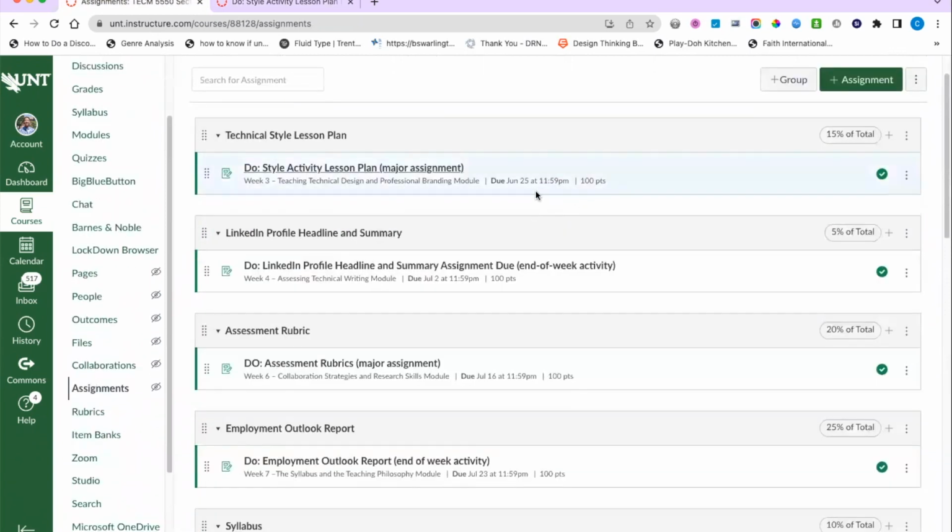And that one's due June 25th. Obviously, this one is to help you plan lessons, to think about what it takes to plan a lesson, all of the different components that it takes to be thinking through as you're planning a lesson. So this one is very directly related to